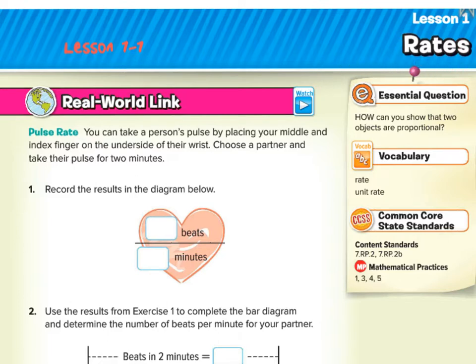Now rate, you're probably wondering what a rate is. When you are in a car, you can measure the rate of speed. You might be driving 40 kilometers per hour. You can see there that I said two different numbers. I said kilometers and I said hours. Let's see here. We're going to talk today about